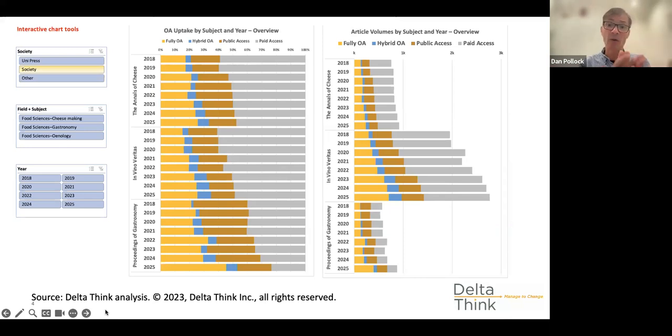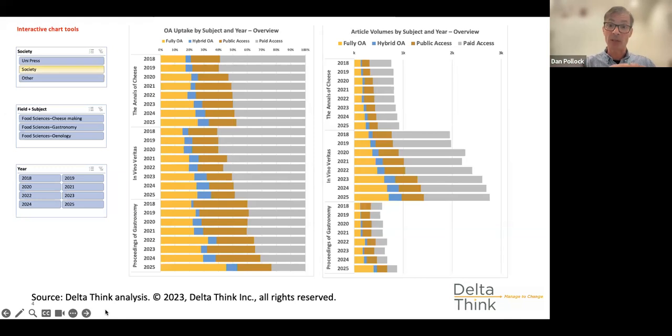And then the color coding in the bars is simply saying, for a given year, there's one bar per year in that journal. What proportion of that journal's output is fully open access, the gold, the leftmost color; hybrid open access, that's the blue slice second from the left; public access, AKA bronze.